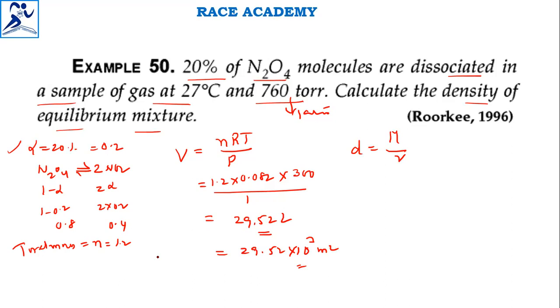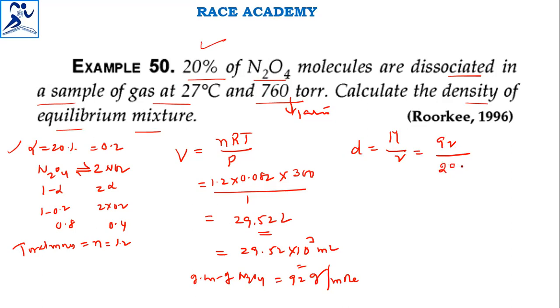gram molecular weight of N2O4, whatever is there, that one you can take in the mixer. They are not giving any information about the moles. 20% of the molecule are dissociated only, they told. So 100% is 92 grams only. So gram molecular weight of N2O4 is 92 grams. That will take as 92 grams per mole, means 1 mole will take, that is 92, divided by the